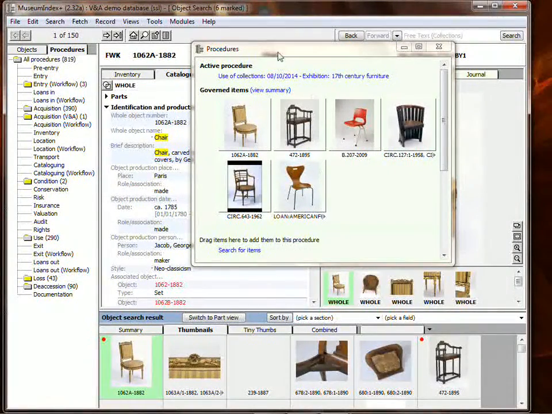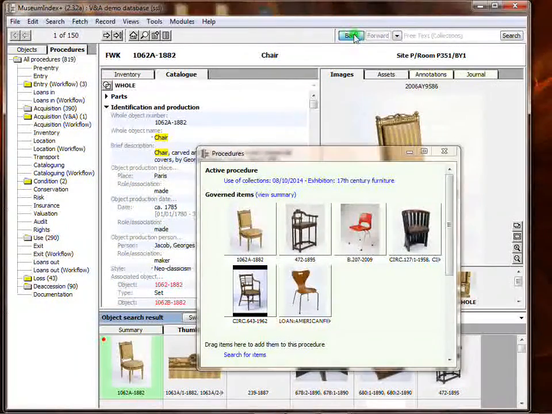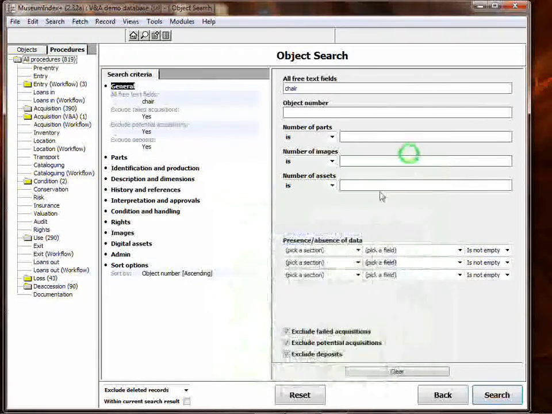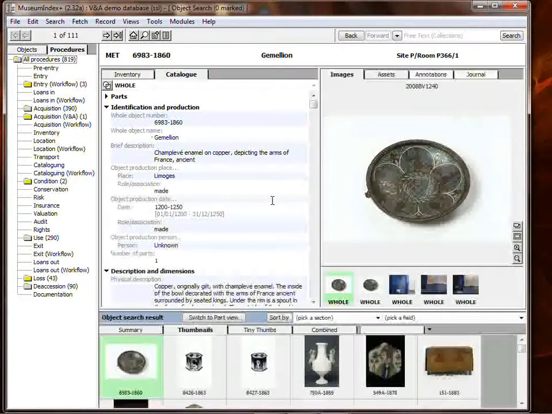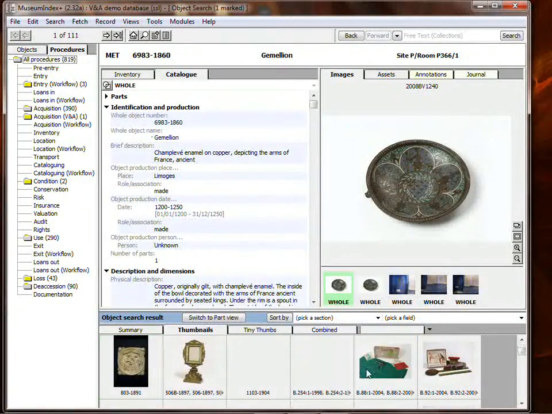I could now go back if I wanted to and do a different search. So if I go back to my search screen, while I'm doing that, I'll minimize this window again, and let's do a search for table. And here we'll get a few more records describing tables for the furniture collection, among some other things. We'll have this one, and